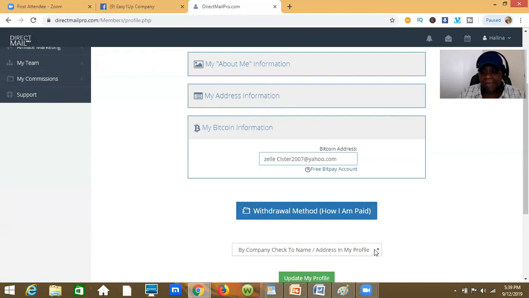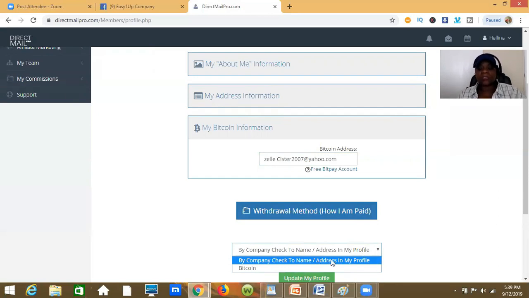All right. So if I hit the drop down right here, I can say a company check if that's what I want. And notice it says to the address that's in your profile. So you just want to make sure that your address information up here is correct if you're getting a check. Now, I know my address is correct, but I'm not requesting a check anyway. I'm requesting it to go to Zelle, which I put inside of the My Bitcoin information,